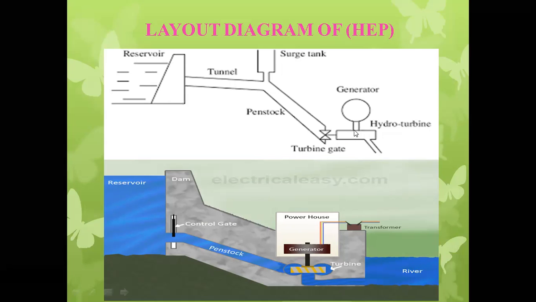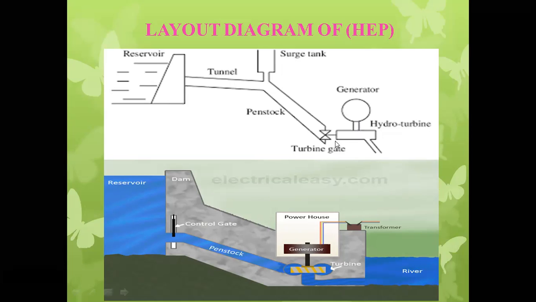This hydro turbine is coupled with a generator. In a hydroelectric power plant, we use a synchronous generator, or sometimes, if there is speed variation, an induction generator. But in general, the generator or alternator is a synchronous generator. This may be asked in state PSUs: what type of generator is used in a hydroelectric power plant? It may be a synchronous generator or alternator or turbo generator.